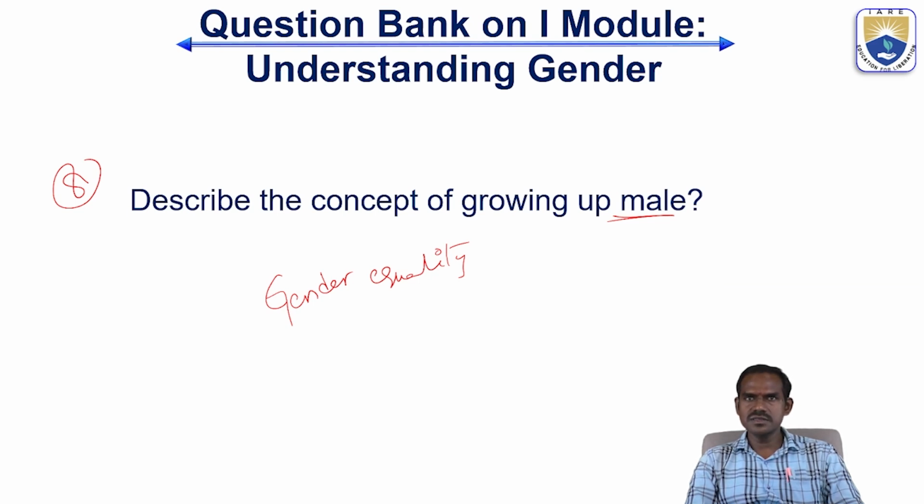As these things are taught, they will think in mind that male can do different kinds of works and female can do different kinds of works. If they get this kind of mindset, what happens? They will think that gender is not equal. So they will start discriminating gender from that stage onwards. Then if they grow up in the society, the gender discrimination will be varied to a great extent in the society, which is not suggested while growing up male or female.